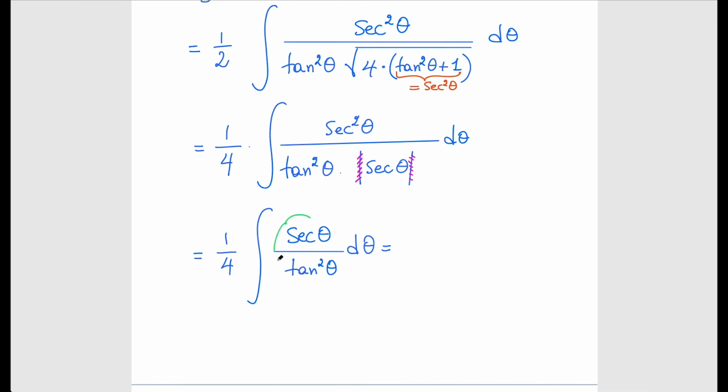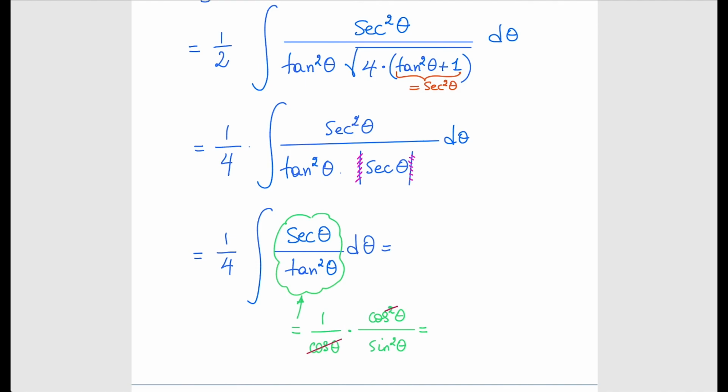So this whole thing here, let's try to simplify as much as we can. This thing is equal to secant, which is 1 over cosine, and tangent squared, so tangent is sine over cosine, so 1 over tangent squared is going to be cosine squared over sine squared, right? One more time, tangent squared is sine squared over cosine squared. Since I'm dividing by tangent squared, it is the same thing as multiplying by the reciprocal of tangent squared, so cosine squared over sine squared. And this is equal, if you simplify the cosine,